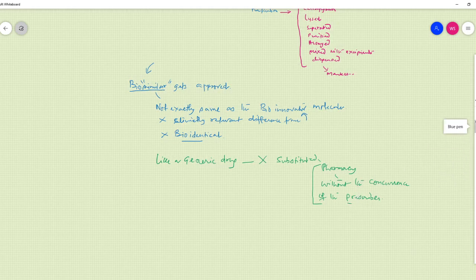So that is why, if the biosimilar drug undergoes further testing to show that there is no toxicity of substituting, and if more than one dose is given and then the biosimilar is switched with the bio-innovator molecule or vice versa, and that information is sent to the FDA, only then the biosimilar has got the potential to become an interchangeable drug.